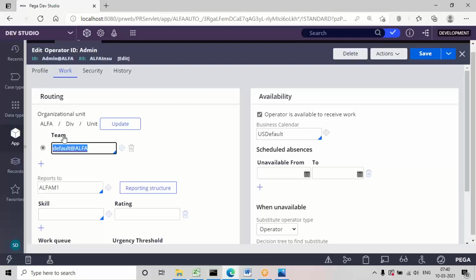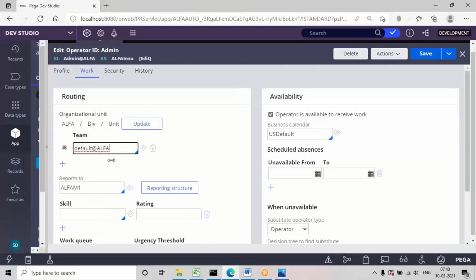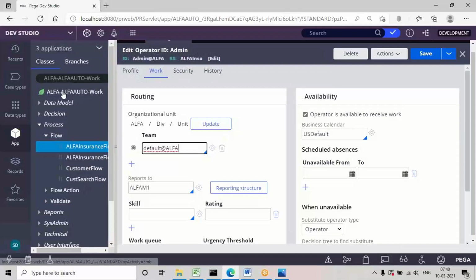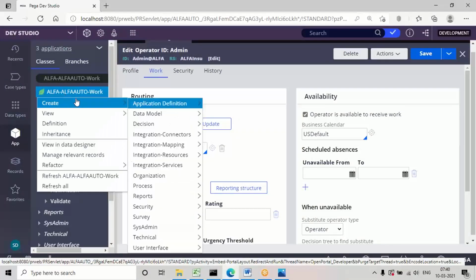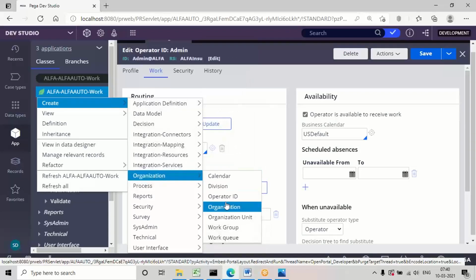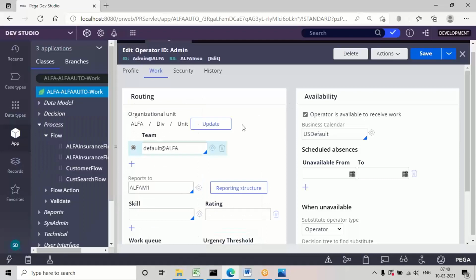In old versions the name was work group, but in version 8 they changed the name to team. So team is nothing but work group only. But at the rule level, in the organization category, the name will be work group only, guys. If you want to create the same from the organization category, the name will be work group. So work group or team, both are the same, guys.